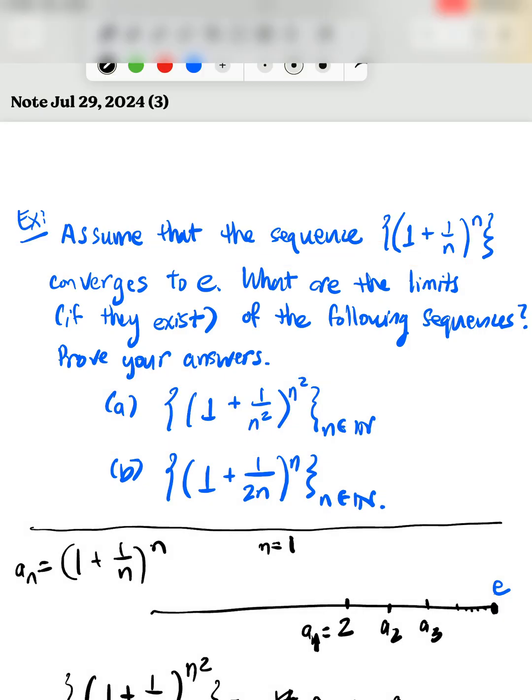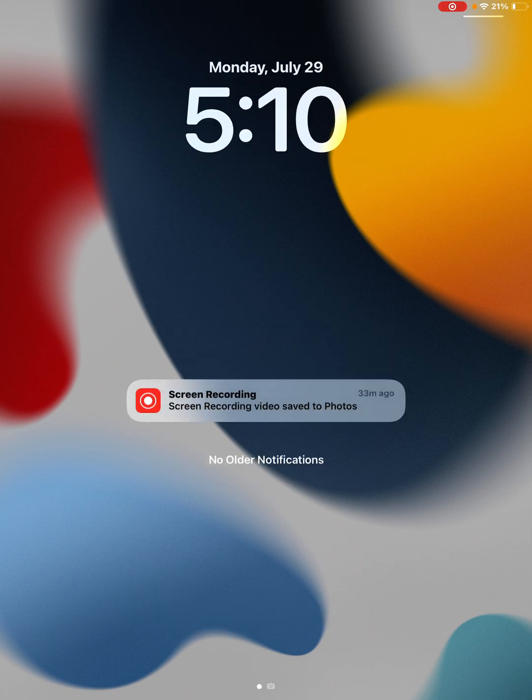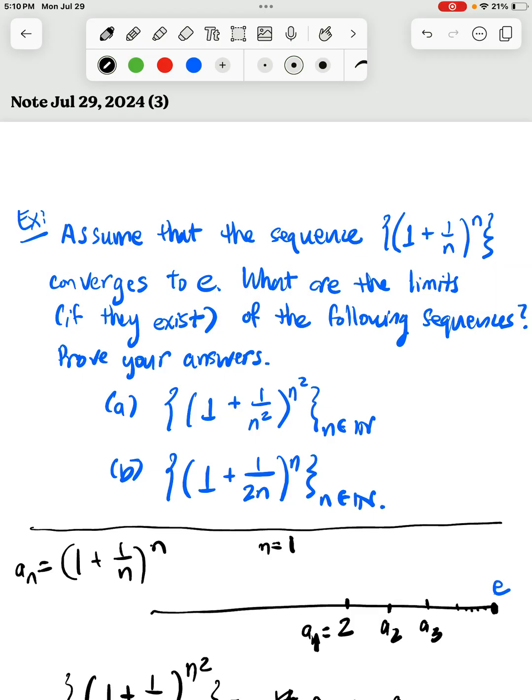Oops. Nope, that's not what I want to do. How do I turn this off? Please turn off